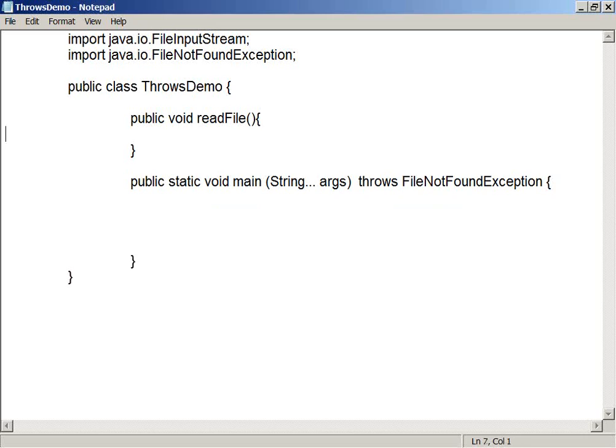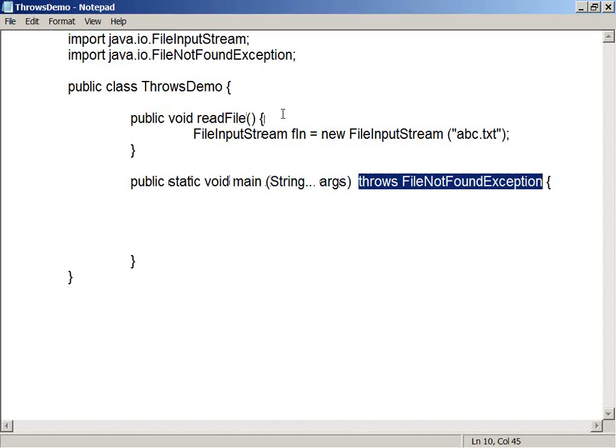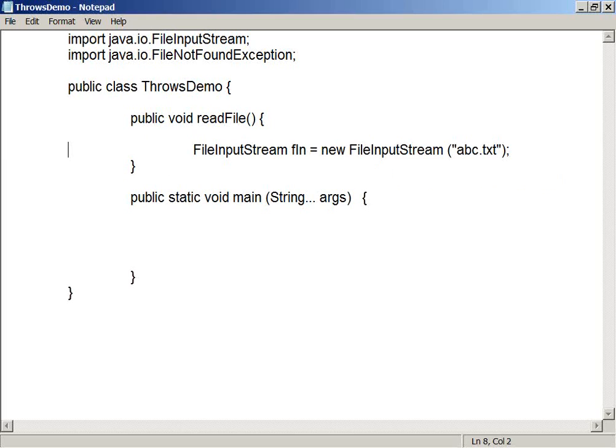Now see this. Now try to understand. Now, how to call this? It's a very simple program I have. I'm removing everything, right? So how to call this method? Come on, how to call this method? The readFile method. It's my own method, a return method. By creating an object for ThrowsDemo, right? Very simple.